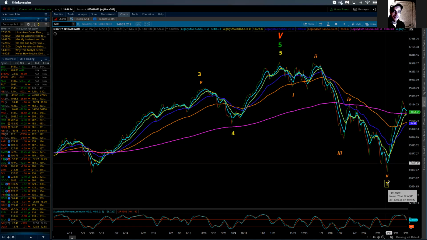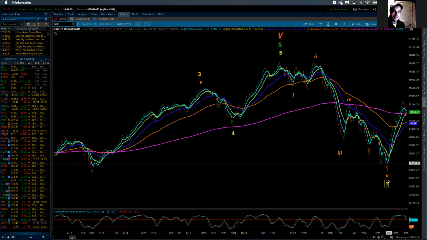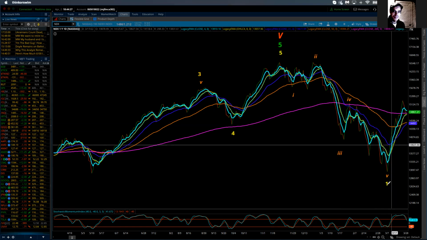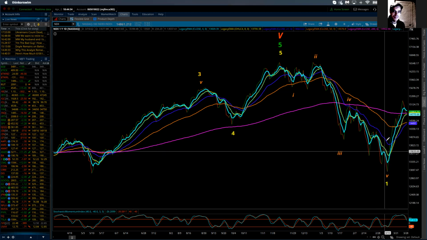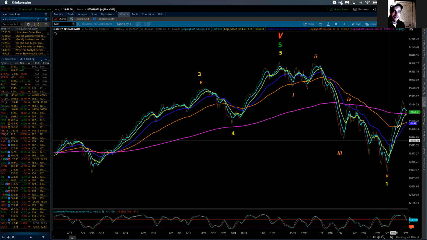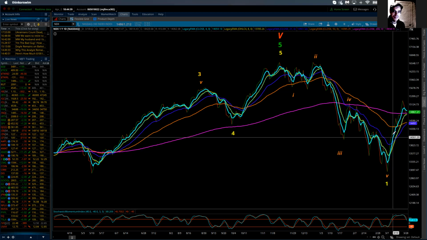It's still a first wave. This is still a second wave, but this was a minor one. This is an intermediate one. It's similar to what you could say on the Richter scale. From minor degree to intermediate degree, it's 10 times bigger, let's say. So when I'm looking for this to be a minor ABC, well, maybe down to here it would have been fine.